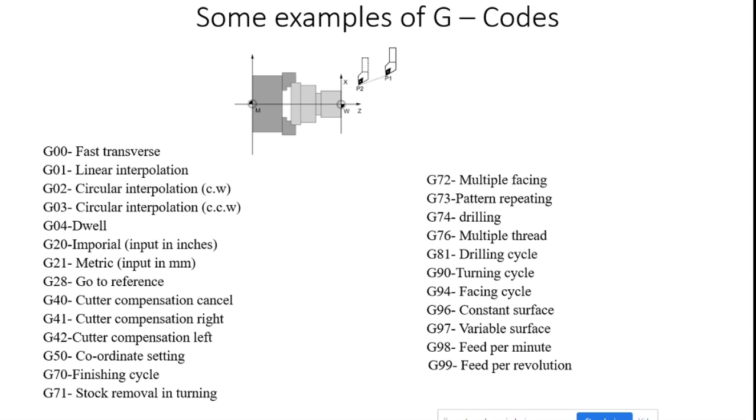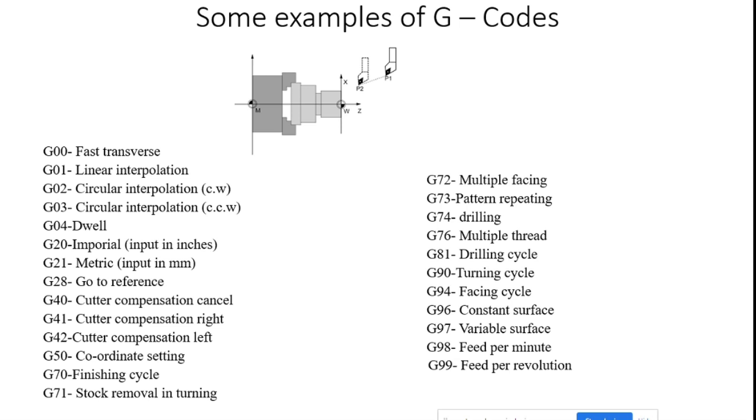And then a lot of cycles are available, canned cycles. If I want to utilize a cycle, there are the drilling cycle, turning cycle, facing cycle, likewise a lot of cycles. For example, to produce a hole I may utilize the drilling cycle with the code G81. Likewise for turning I may utilize G90, and for facing G94. After this code I may give the coordinate values x, y, and the feed rate at which it will move from one place to another. Likewise I can give the numerical data and alphabetical data for coordinate systems.